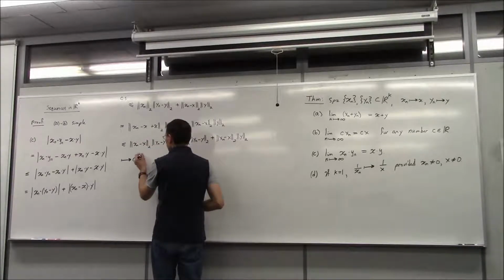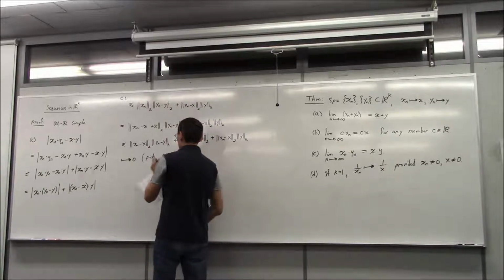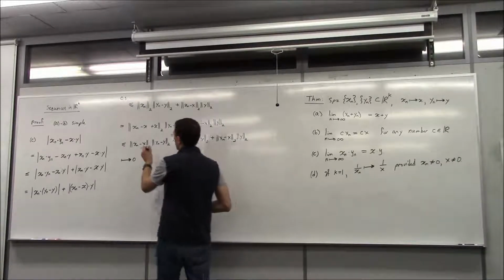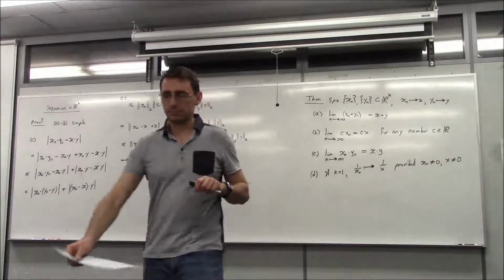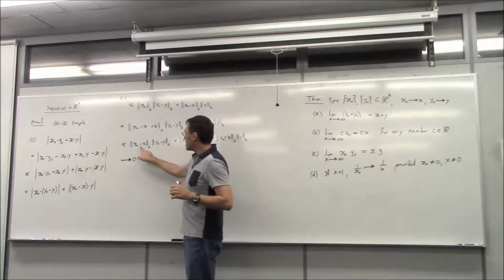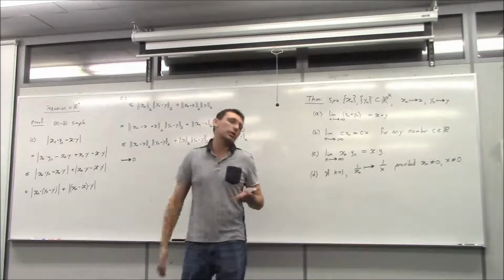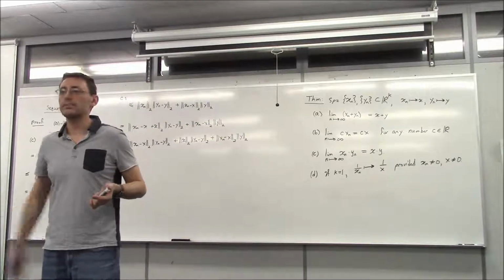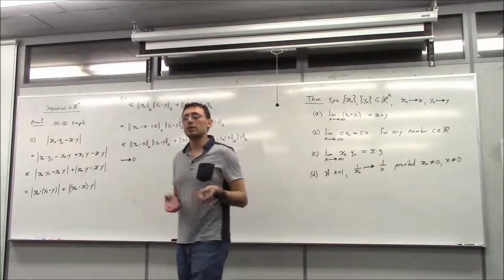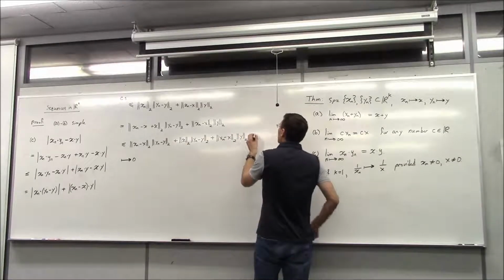I should say, just as soon as you pick a large enough n. I'm not going to write it. I'll just say this goes to 0. How do you do that rigorously? Think about it. As soon as n is big enough, this is less than epsilon, this is less than epsilon, so the product is less than epsilon squared. You can already say epsilon is smaller than 1, so epsilon squared is smaller than epsilon. This thing is less than some quantity x times epsilon, some quantity y times epsilon. So you might say that this is less than or equal to some constant